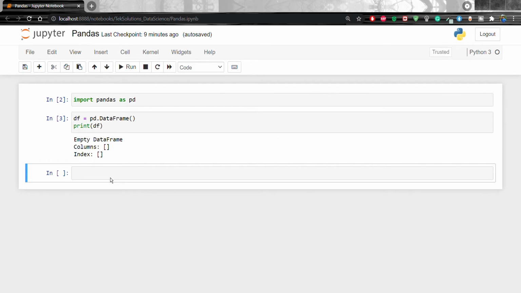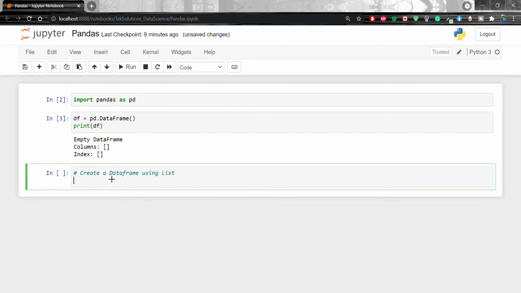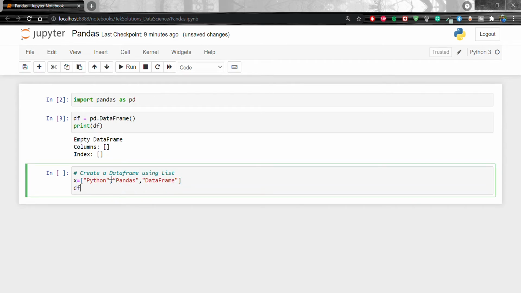We are going to create a data frame using a list. So first we have to create a list. x equal to Python, the next one is pandas, and data frames. Now I'm going to write df equal to pd.DataFrame, D caps, F caps.